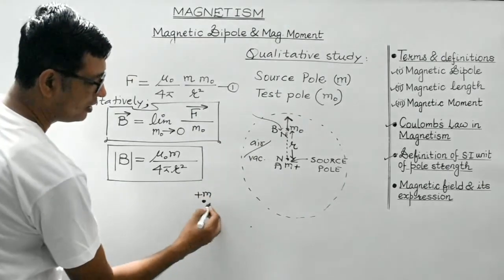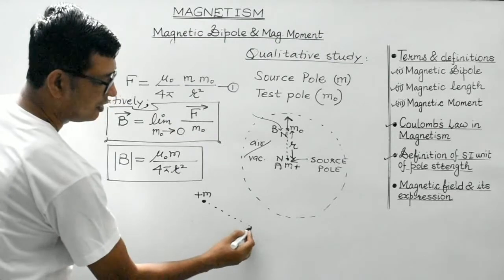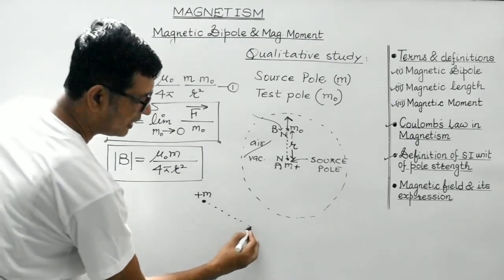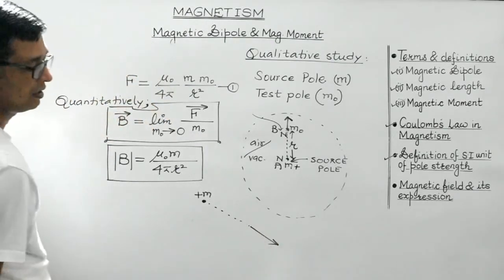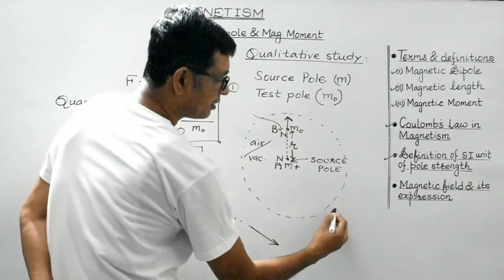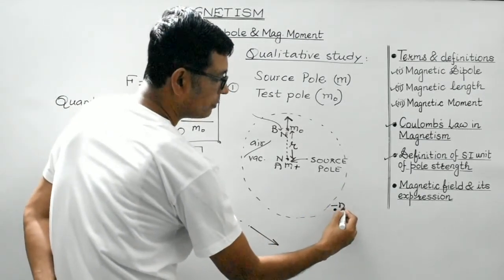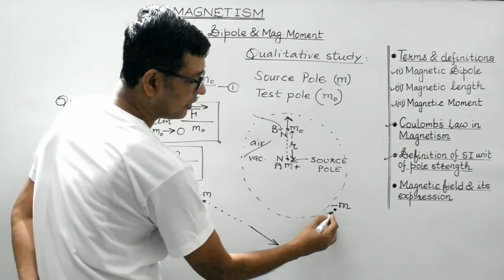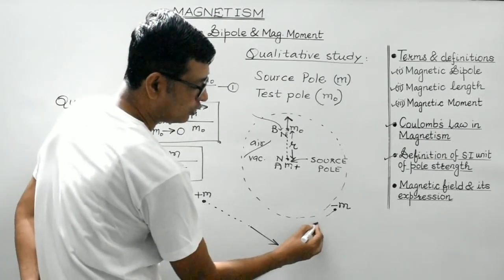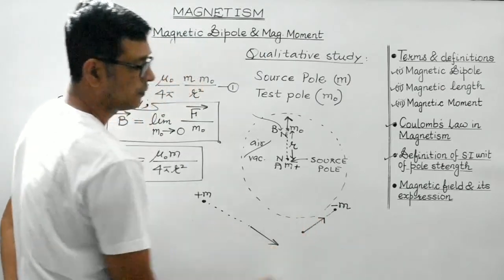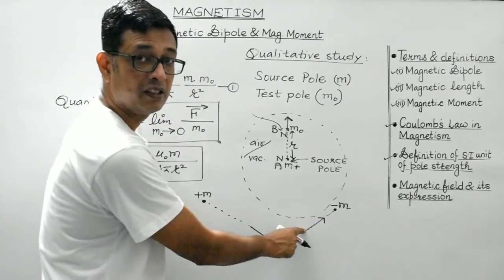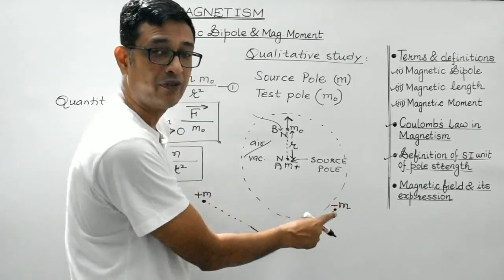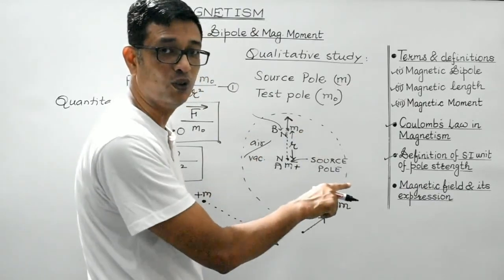So at any point, the magnetic field due to this source pole would be directed outwards. And if this is a south pole of pole strength minus m, then at a point, the direction of the magnetic field would be given like this, towards the south. In the case of a south pole, the magnetic field will be directed towards the south pole, while